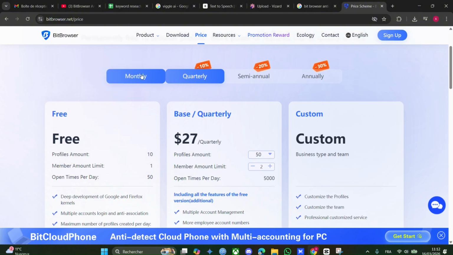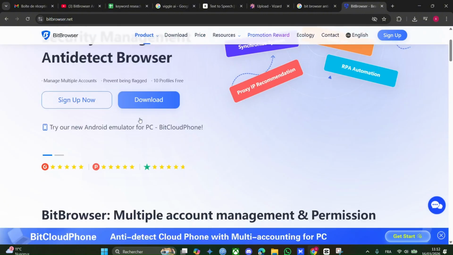As for pricing, BitBrowser offers a free plan. With the free version,